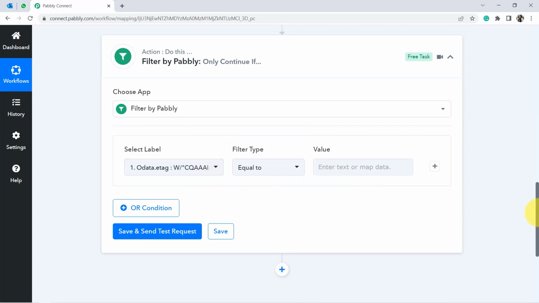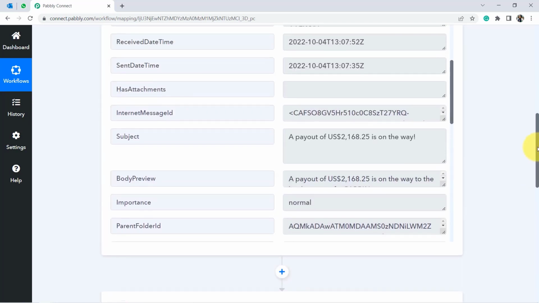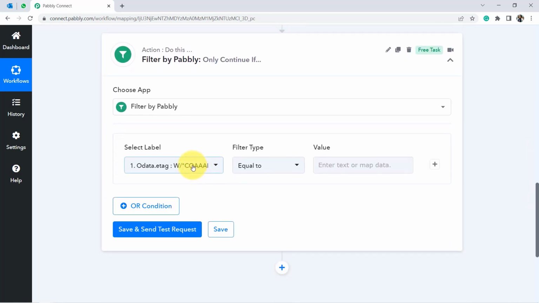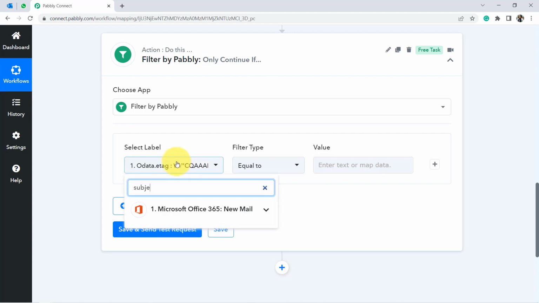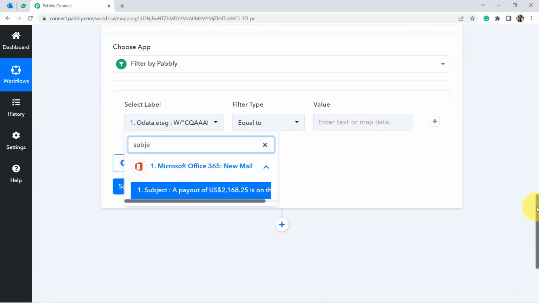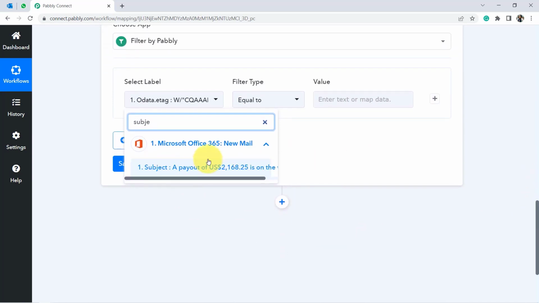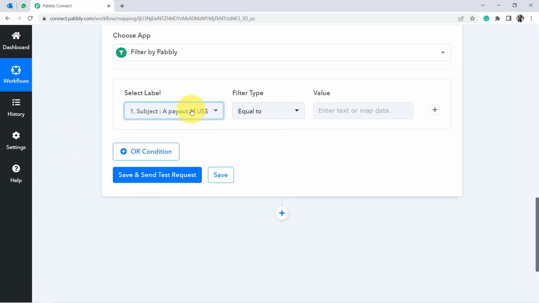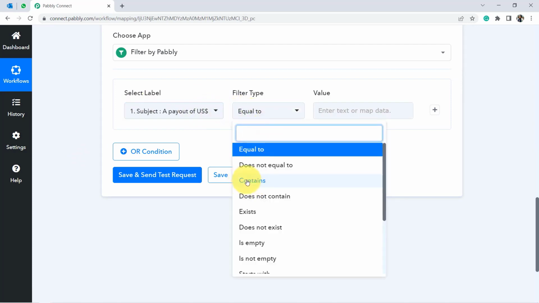Here in this automation, I am going to set the condition that whenever you receive an email, if the subject line consists of these words, then only send that particular message further. So here I am going to search for the subject line, and you must be wondering where exactly the subject line appears in this drop down. So let me show you. Whatever data you have just captured in the above step is visible in the drop down, and here I am searching for the subject line specifically, since I want to set the condition for it. And for the subject line, I am going to select this